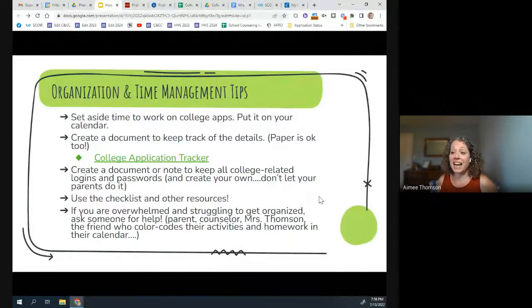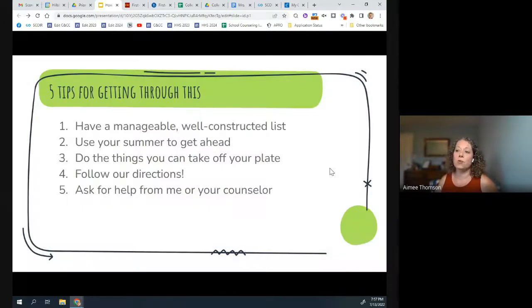Use the resources, ask for help. Students, if you are not an organized person, now is the time to start acquiring some of those skills and using the support network around you to help you get there. That could be your parents, other adults in your life, your counselor, me. There are some students out there who are better organizers than me. They roll up in my office and they've got color-coded spreadsheets and planners with highlights of different colors that mean different things. That friend, you need to buddy up with them and have them help you create a system. And make sure you're asking questions.